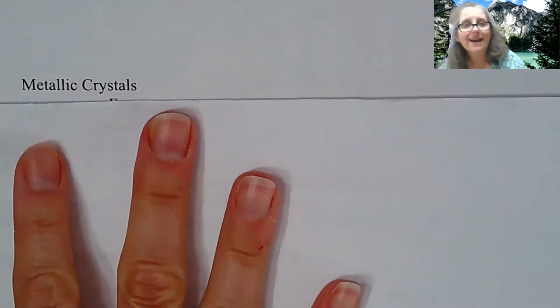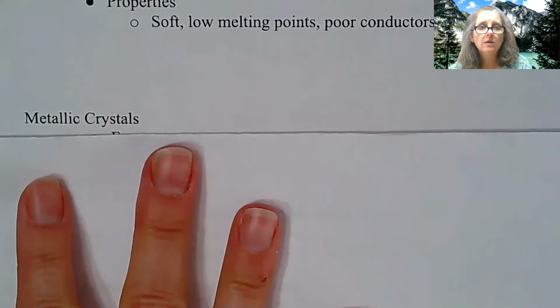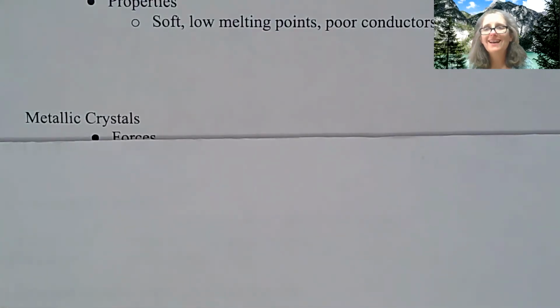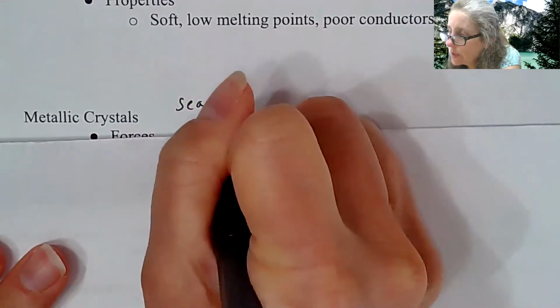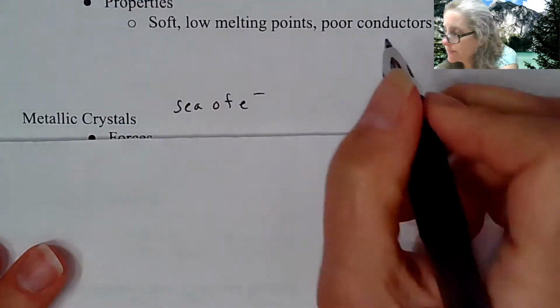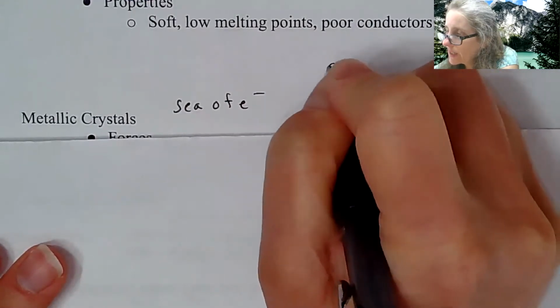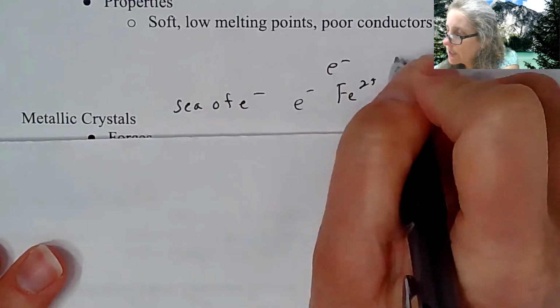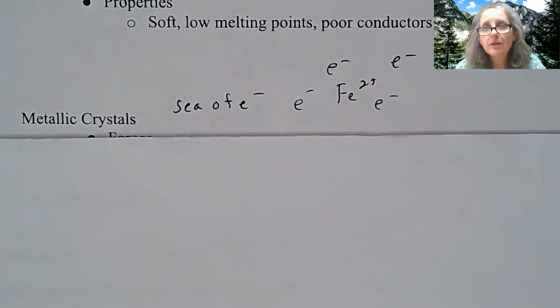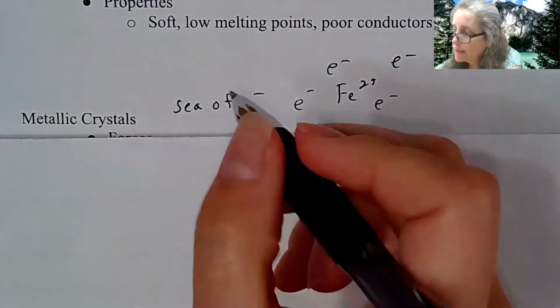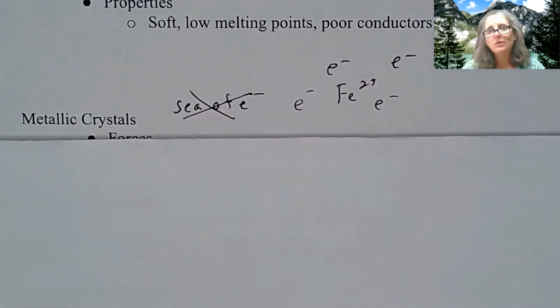Then we go to metallic crystals, okay? So what do you remember about metallic bonds? Remember that we taught you the sea of electrons, where we would have a cation, and then we would have electrons not dissociated essentially from that atom, where those electrons could flow. That's where our idea of a sea of electrons came from. Well, in AP chemistry, you can't use that term. You need to get a little more sophisticated in your explaining.